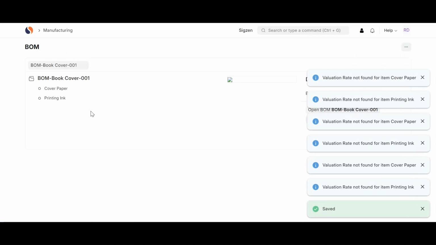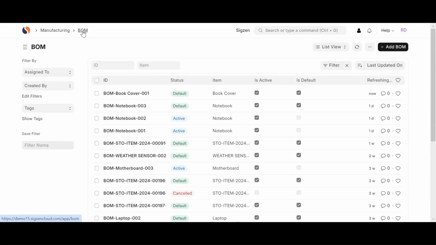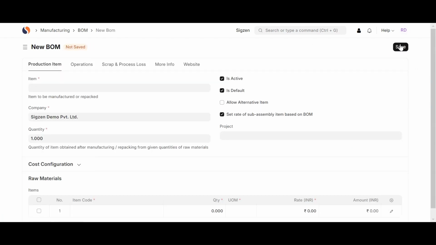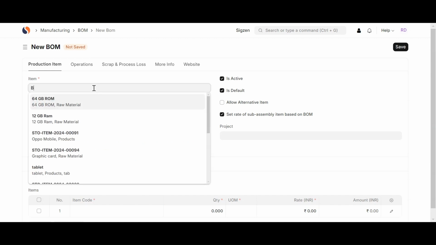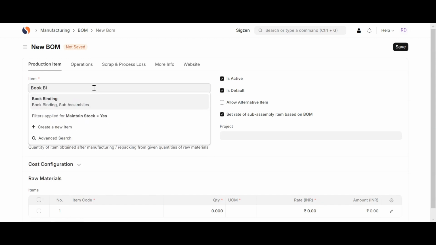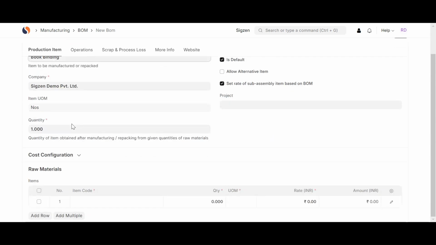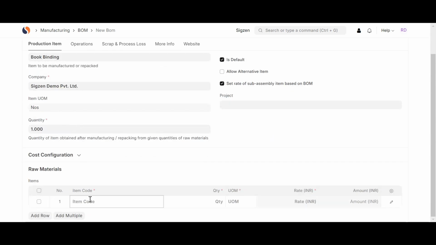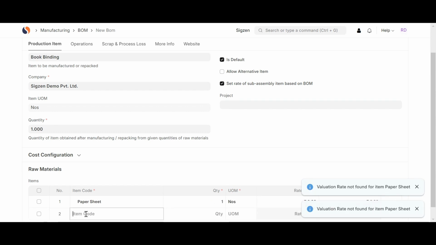Once again, create a new BOM, then go back to BOM and click on Add BOM. After, click on Item and add Sub-Assembly item Book Binding for manufacturing and insert raw material. Click on Item Code and add raw material Paper Sheet and click on Add Raw and add raw material Printing Ink and set the quantity.